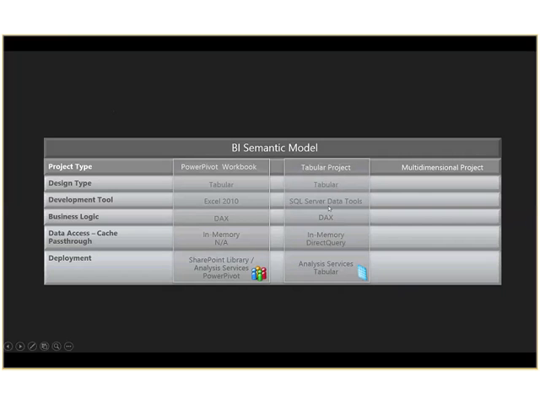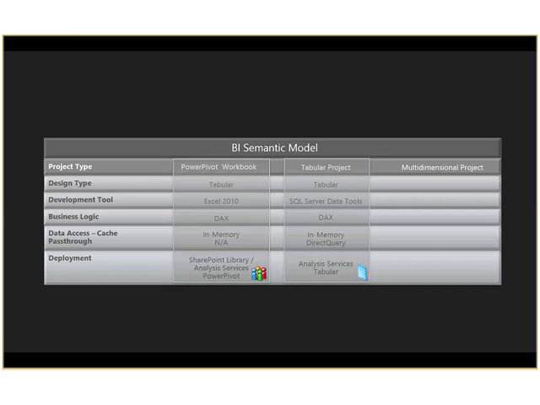Next, for tabular, instead of using Excel, we're going to use SQL Server Data Tools. These are compatible with any version. So what you might do, if you are looking at upgrading from 2010 to 2013 SharePoint, but you may not do Office yet, or vice versa, is deploy those as tabular projects instead. You can build those in Excel 2010 or 2013, either one, and import those into a tabular project,